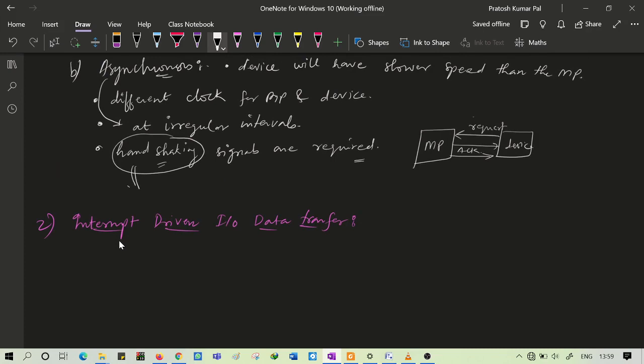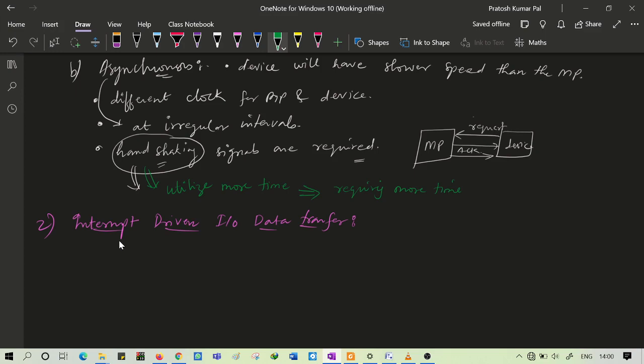This handshaking utilizes more time, that means the data transfer will require more time.